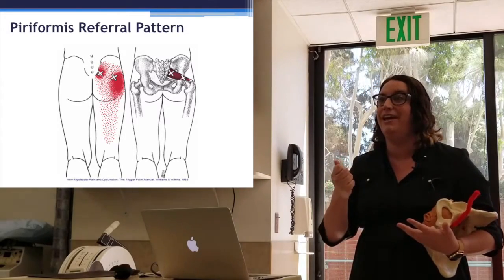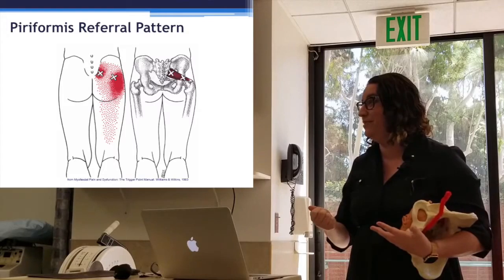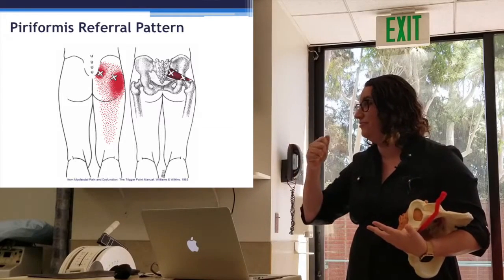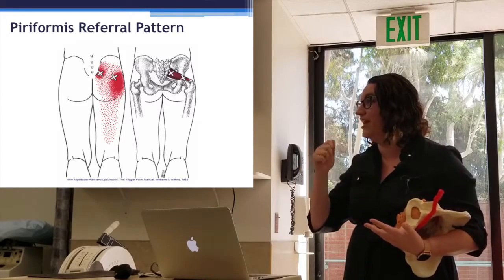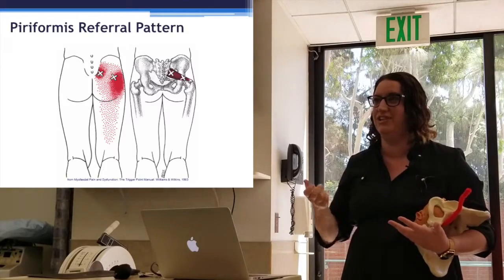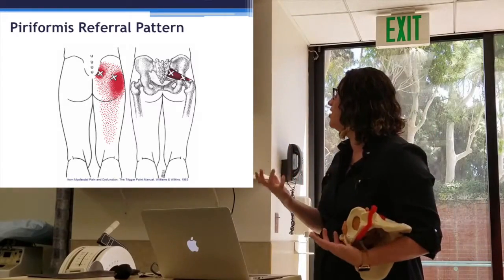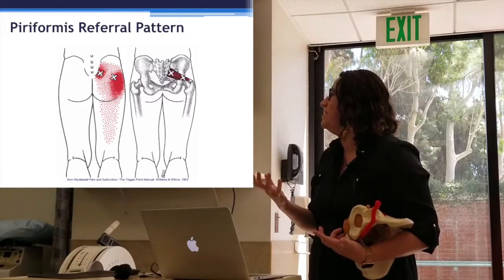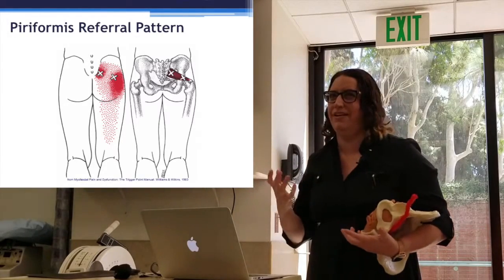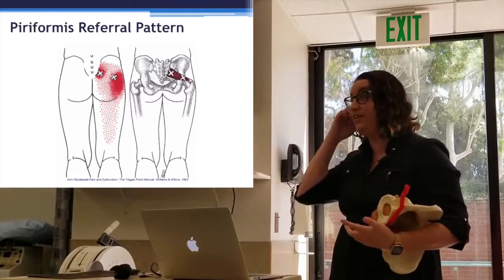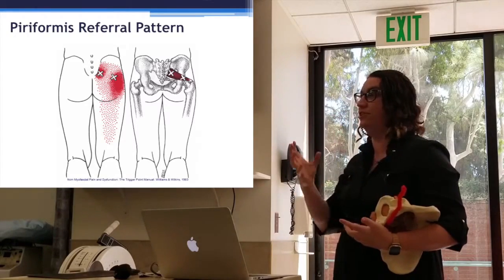We can also play with the flexion or extension of the hip because at certain degrees of flexion, the piriformis is an external rotator, and then in certain degrees of extension, it actually acts as an internal rotator. So be thinking about that as far as where your patient is having pain and maybe how you might want to play with that positioning of the hip to address those trigger points and address the trigger points in those